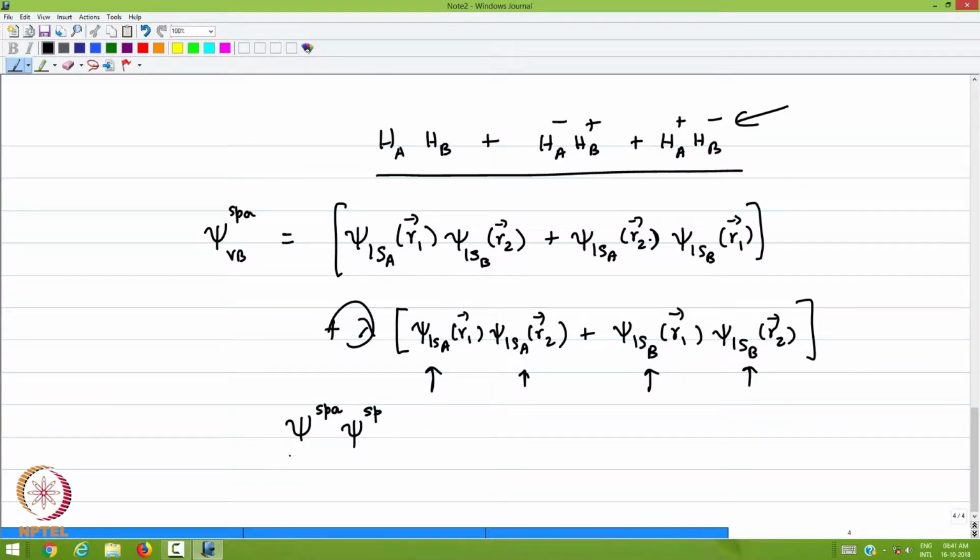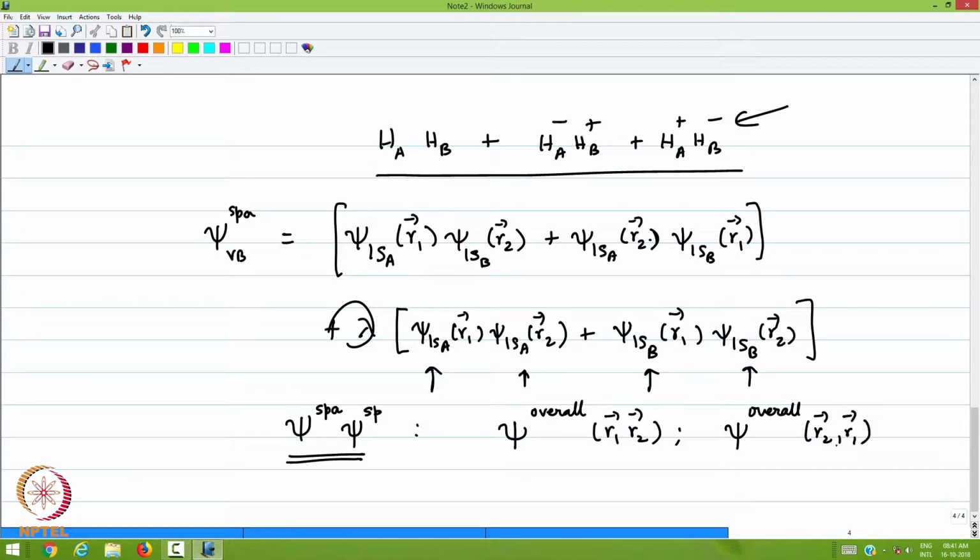Now, the product of these two should be such that if we write psi overall R1 R2, and relate this to the wave function psi overall R2 R1 obtained by interchanging the two electrons, the relation now is minus psi overall